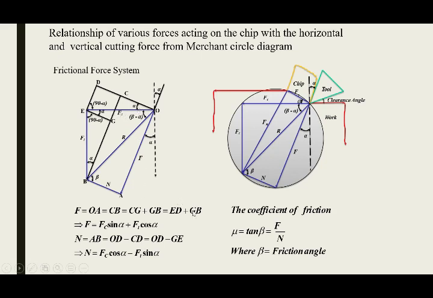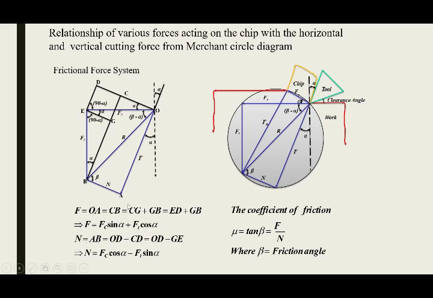Again like GB, this is GB. Okay, we know it is FT. Now taking cos alpha, it is GB divided by FT. This is 90 degrees, so FT is the hypotenuse. Cos alpha is equal to GB divided by FT. So GB is equal to FT into cos alpha. So here comes the equation: F is equal to FC sin alpha plus FT cos alpha.